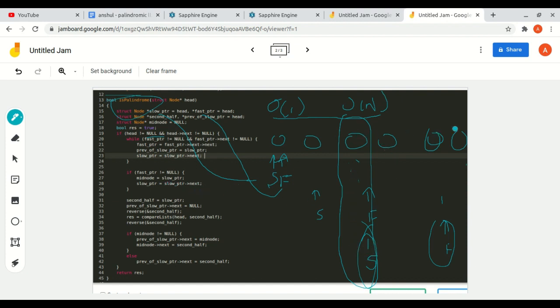And as I have told you, if there is a case of n nodes, we have to store this, and we don't have to look at it because it doesn't get involved in comparing. These are the only two linked lists which are there for comparing. So in this if statement, we have written that if the fast pointer is not equal to null.